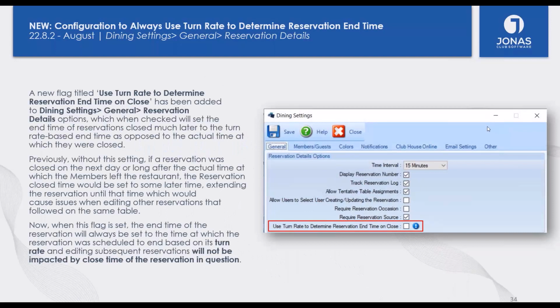In dining reservations, we added a feature to assist with the subsequent modification of reservations, especially when you're not closing the reservation until perhaps the next morning. So you can turn on this flag within dining settings titled Use Turn Rate to determine reservation end time on close. So normally what happens is if you don't have this flag turned on, the reservation end time is going to be set to